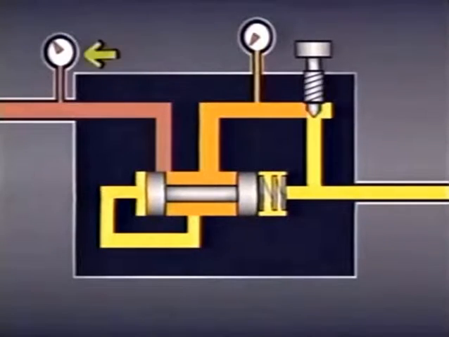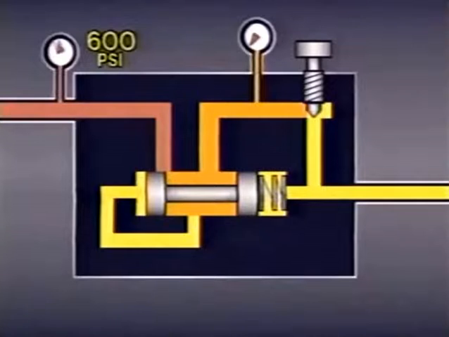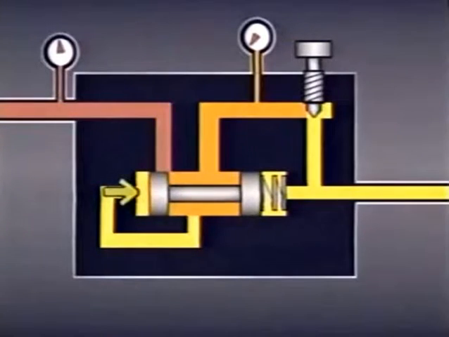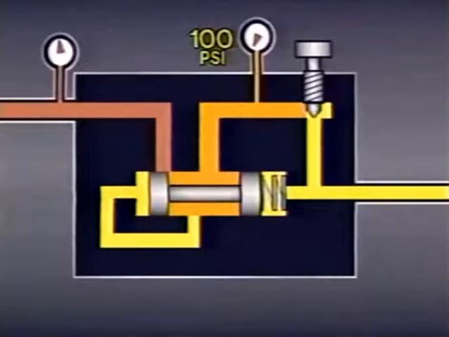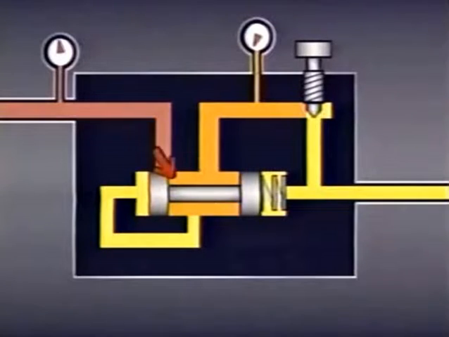If upstream pressure rises, the spool continues to shift. For example, if inlet pressure rises to 600 psi, the spool will shift a little more. The smaller restriction will lower pressure downstream of the restriction to 100 psi, and the remaining 500 psi will be